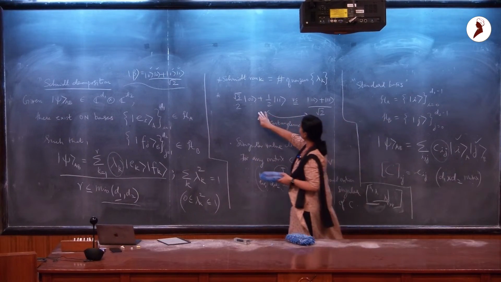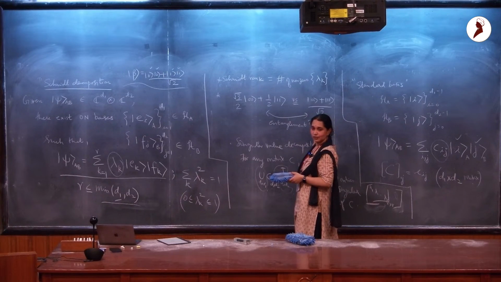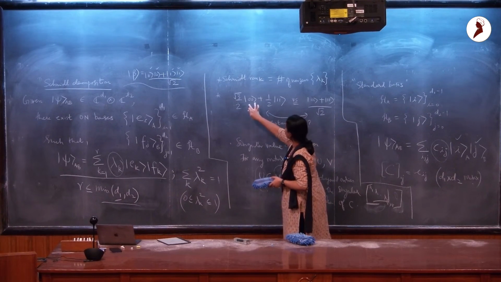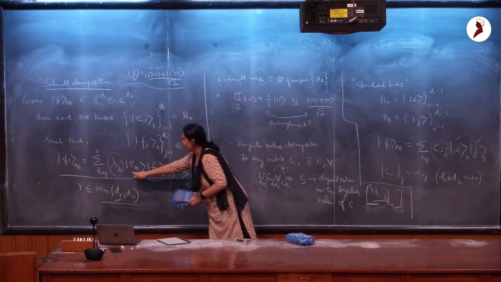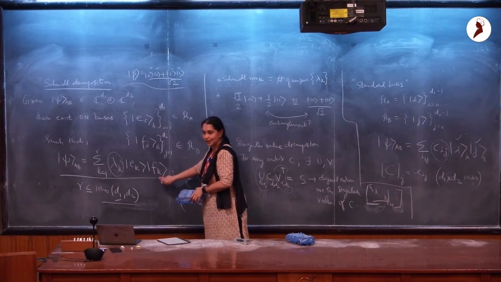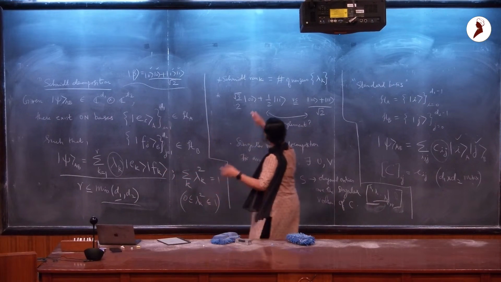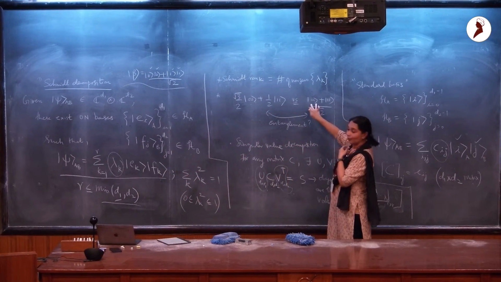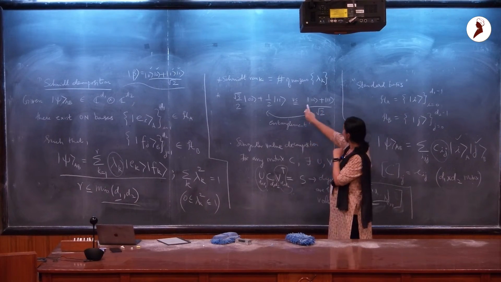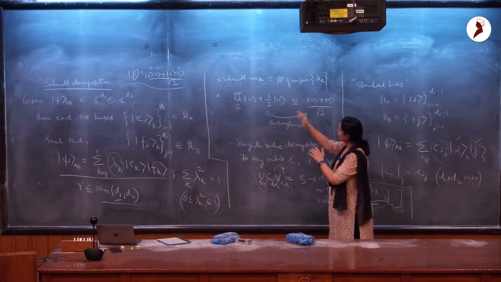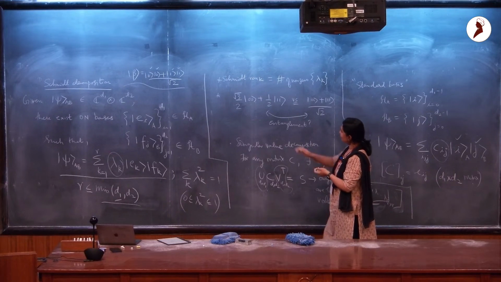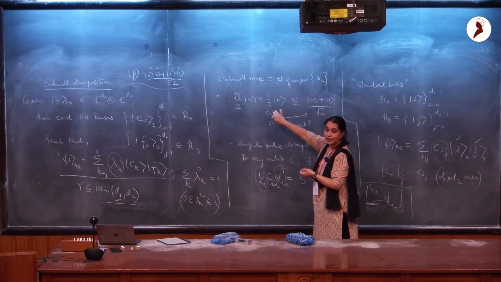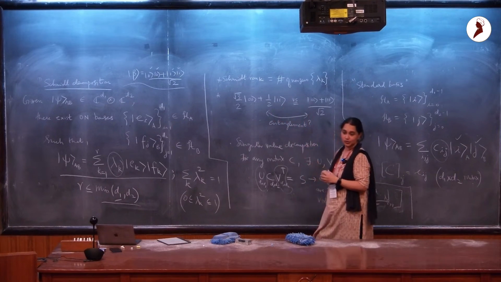Both of them have the same number of Schmidt coefficients now, right? In this case also there are two non-zero terms. So I hope you realize when I write this that this is in this form, right? My e_k is 0 and 1, my f_k is 0 and 1. I have no cross terms. So this is a Schmidt form. This is also a Schmidt form. There are no cross terms between these two bases, 0,0 and 1,1. Both of them have exactly the same number of non-zero lambdas, okay? But certainly there must be some difference between the degree of entanglement between these two states. How do I quantify that?